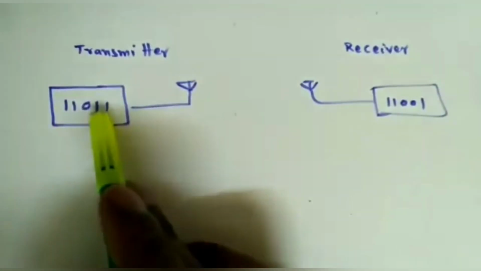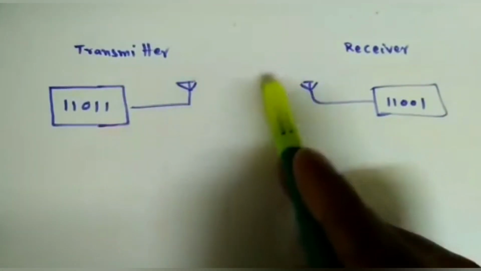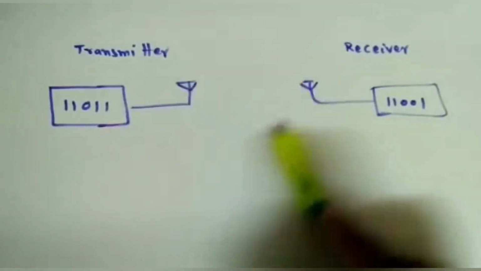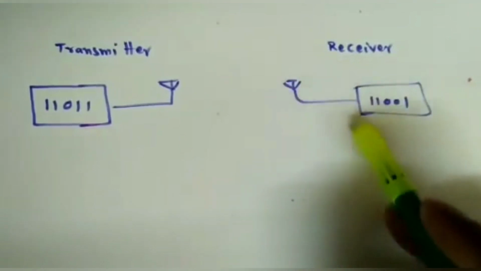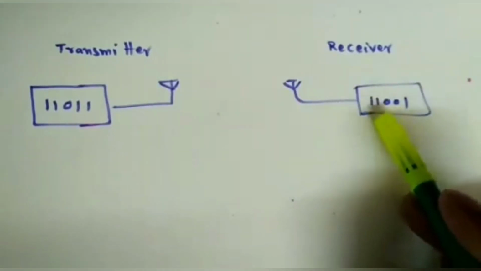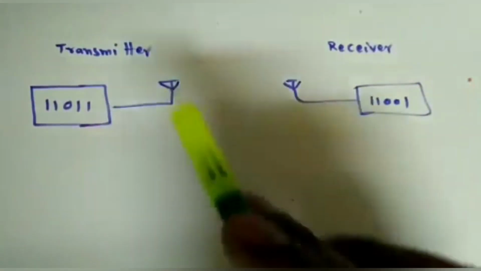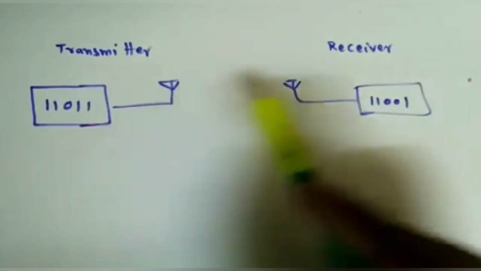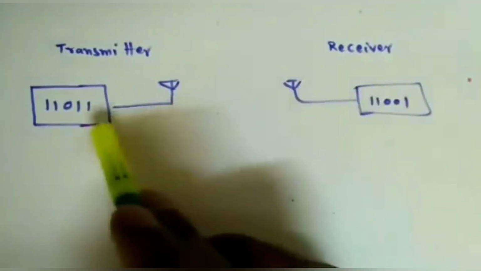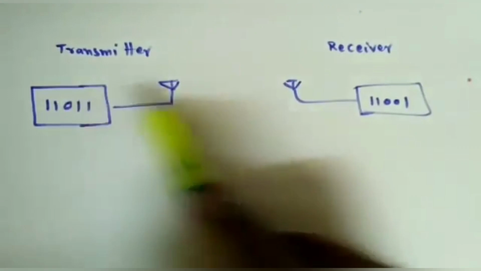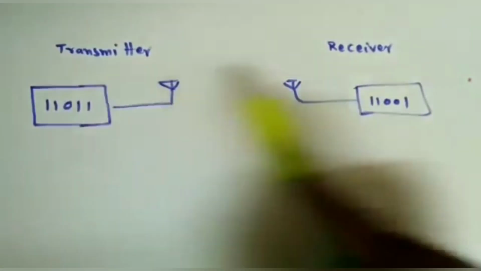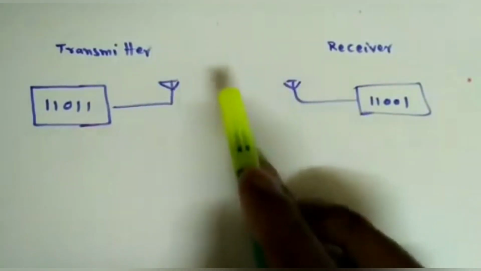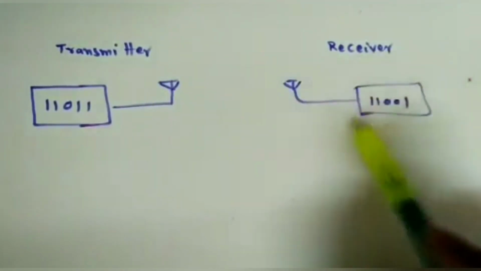So when I am sending these 5 bits through this air medium, suppose some noise is added in this free space, and when we receive, suppose some error occurs in any one of the bits. Suppose in the second bit, see here, 11011, here 11001. One bit got an error due to some noise effects. Now, that is not correct data, right?